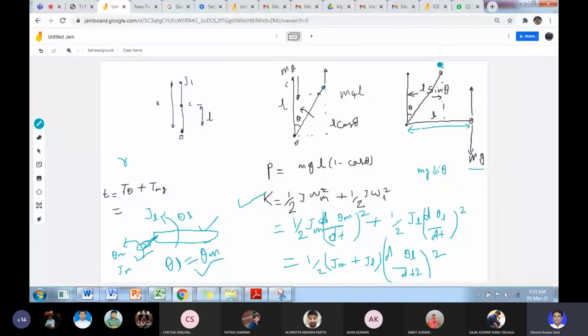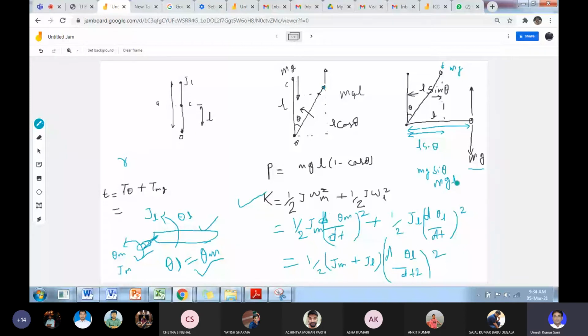You need to impart the force equivalent to mg into L sin of theta. So here the torque is mgl sin theta. At any time the torque imparted is mgl sin of